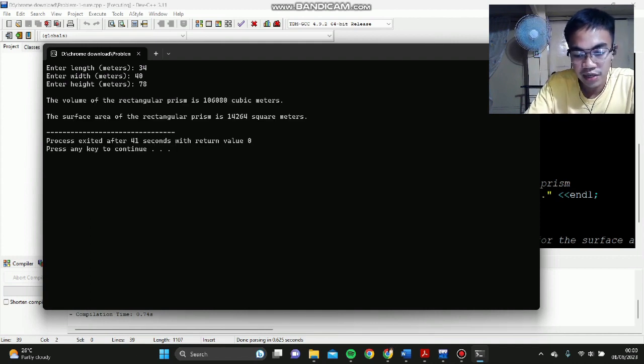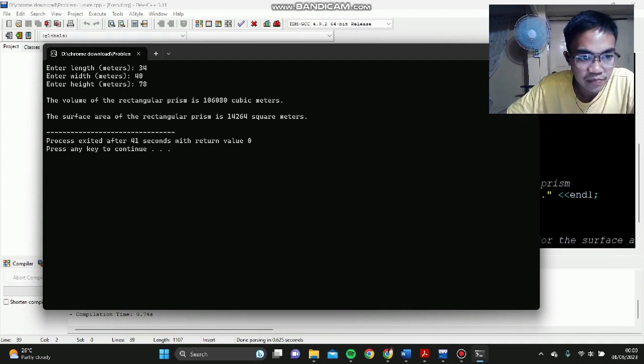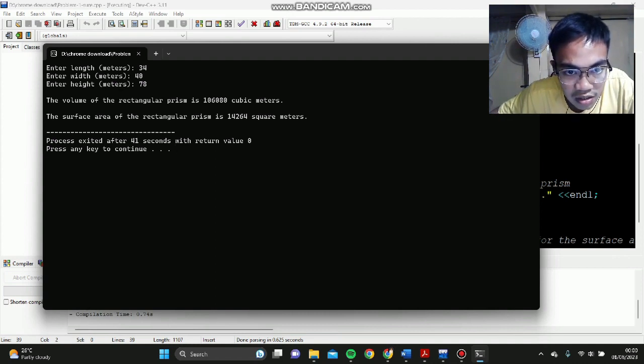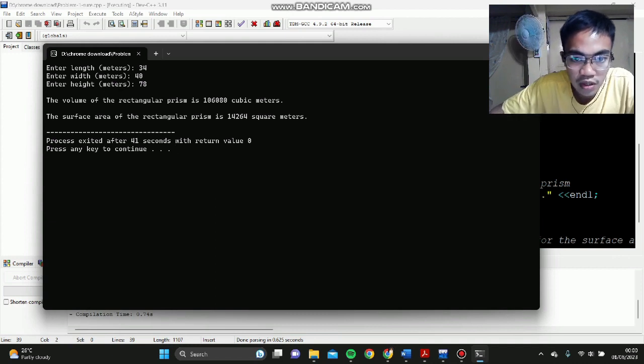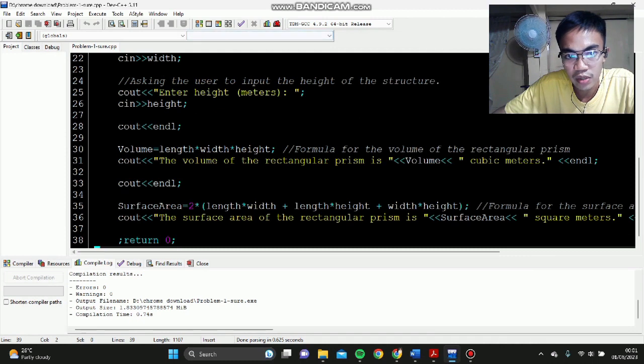And then once I press enter, as you can see here, it has displayed the volume and surface area of the rectangular prism. The volume of the rectangular prism is about 106,080 cubic meters, while the surface area is 14,264 square meters. So for it to be sure, I will try it once again with different values for the